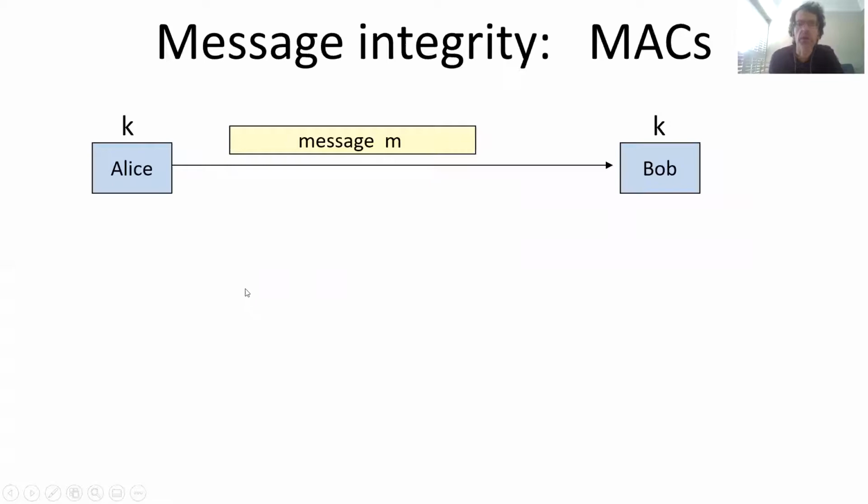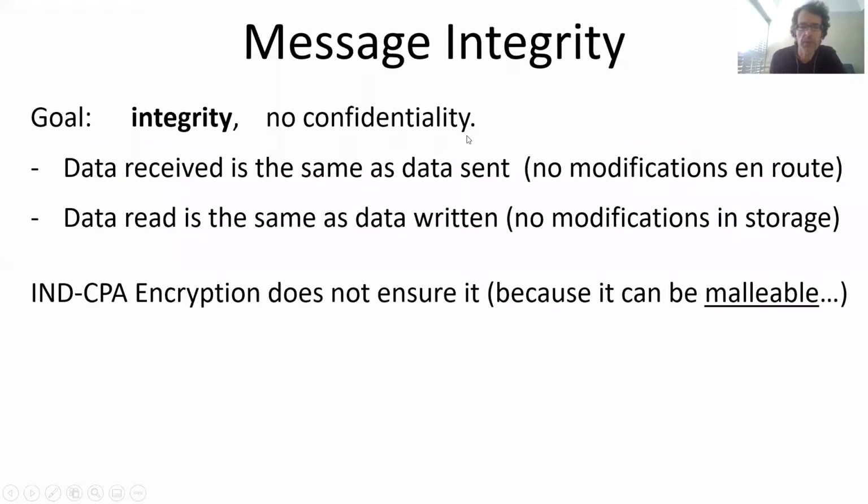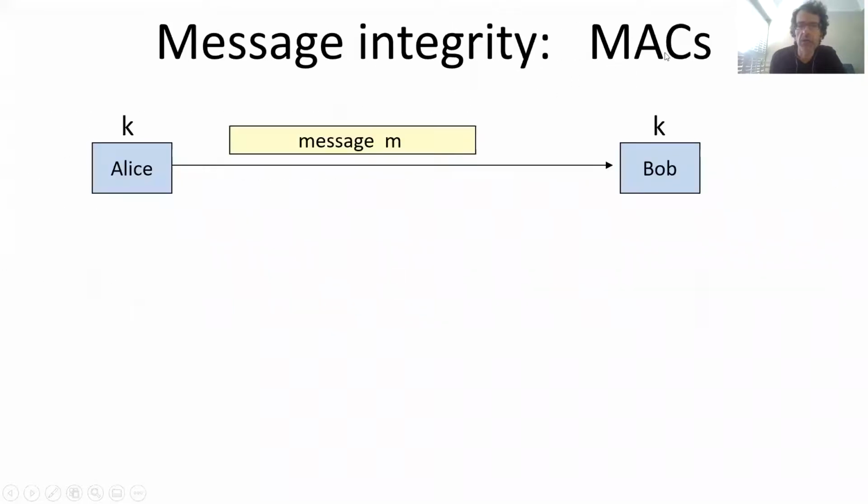So here is what we want of a MAC. A message integrity mechanism is going to be called a MAC. Sorry, I'm not sure where I have this. Maybe I had it on some previous slide, but I didn't notice. Message authentication code. It's a funny name. It's just a traditional name for these. It's called not a scheme, not an algorithm, not a protocol, a code. Message authentication code.